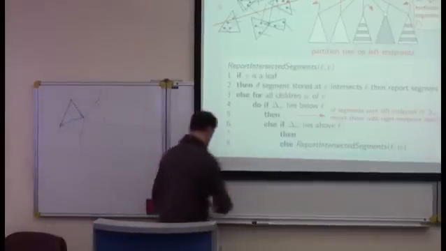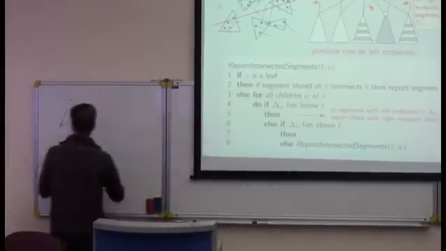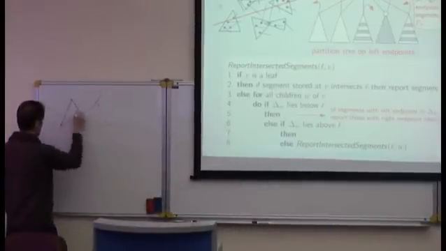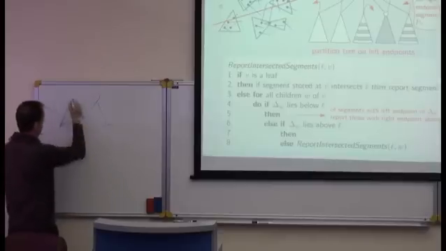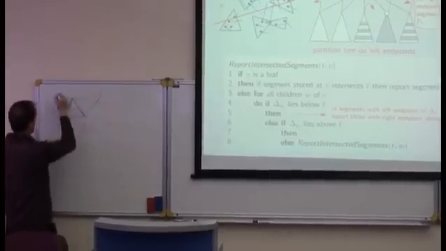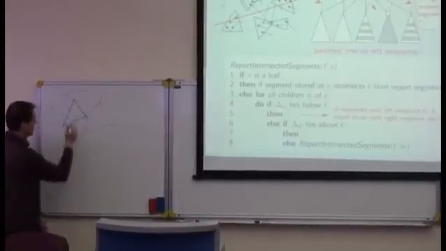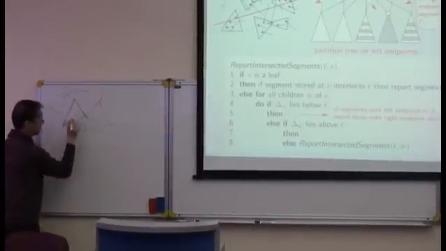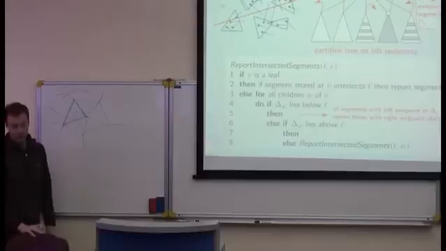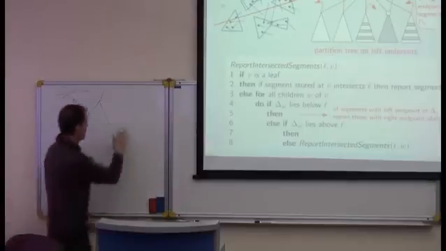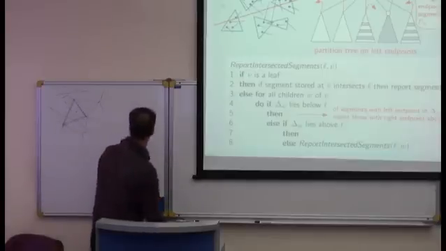We have a number of lines that pass through the triangle, and I had these lines that go above the triangle. Okay? If the query was here, and I want to report everything above this point,